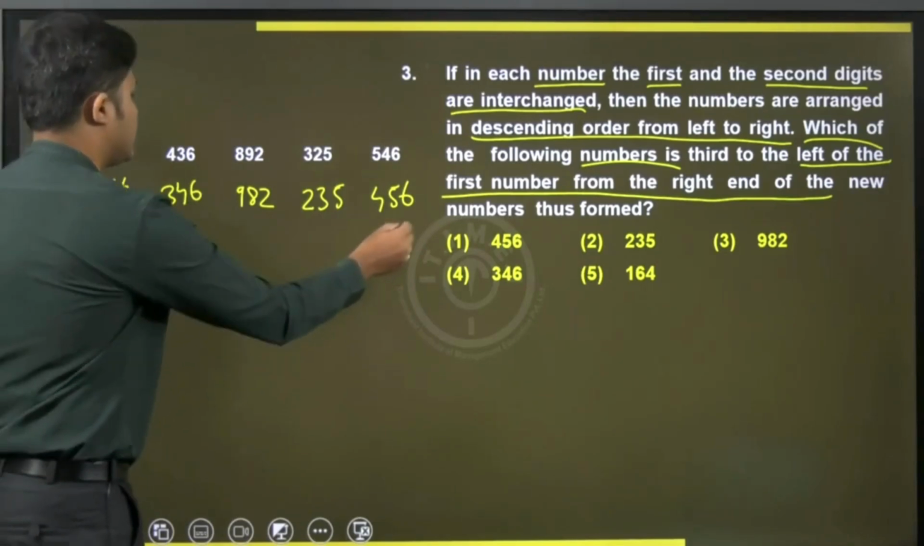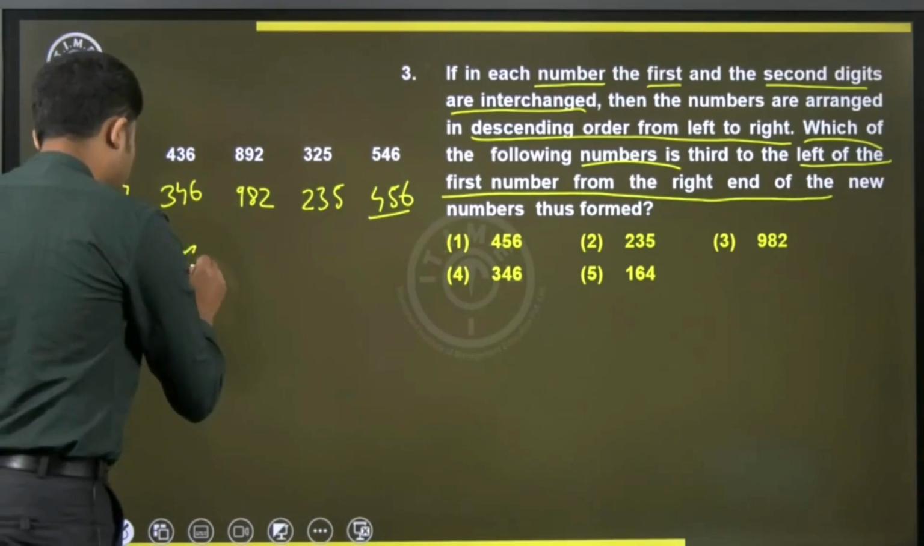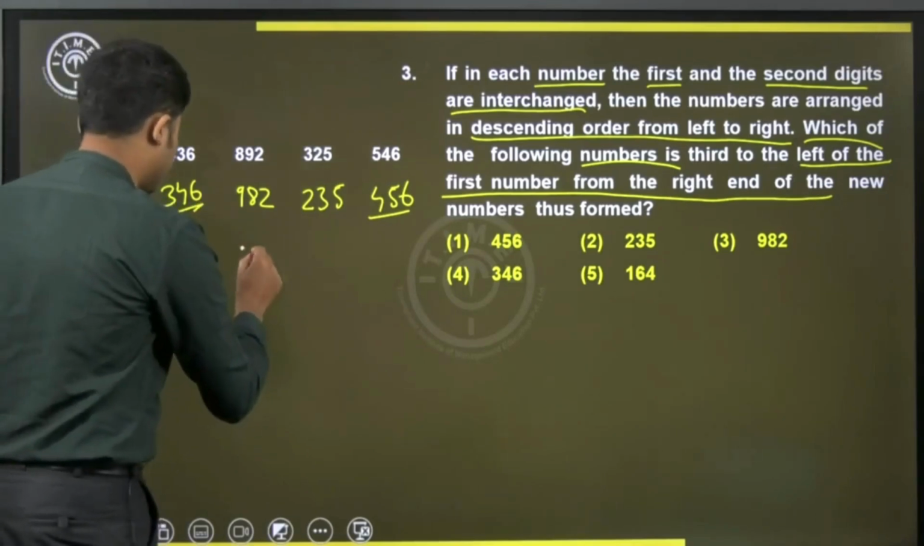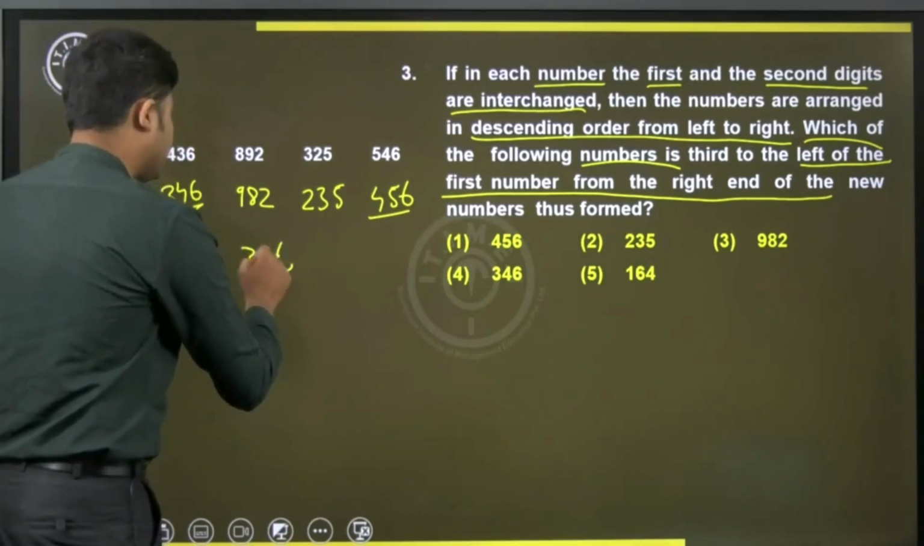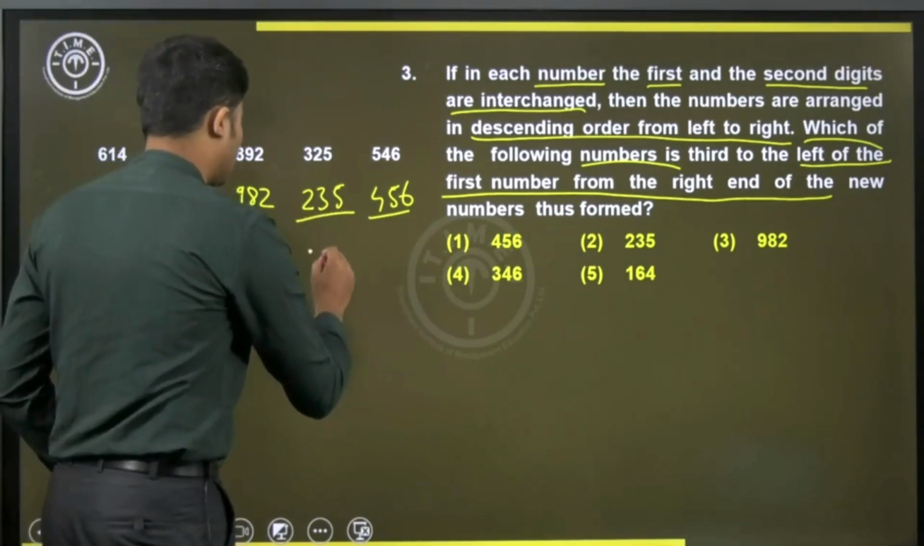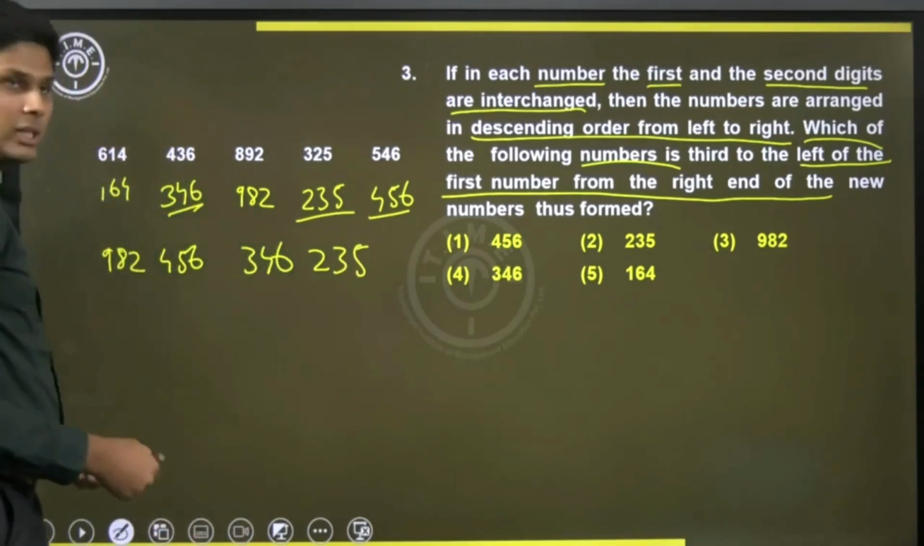The second highest is 456. And the third highest is 346. And the fourth highest is 235. And the least number is